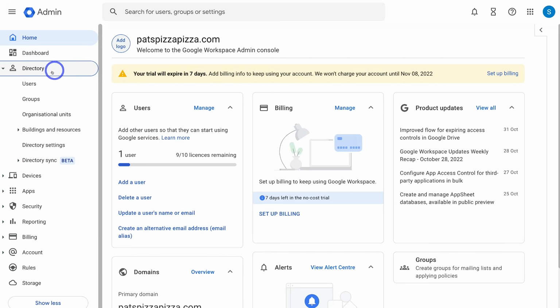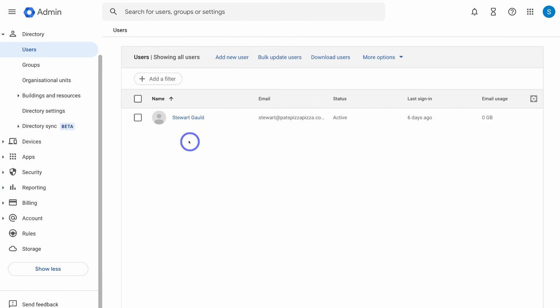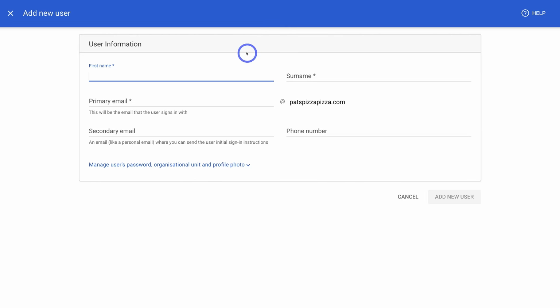under Admin, then come down and click on Users. And under Users, this is where we can add, delete, and manage all our users within Google Workspace. As you can see, we only have one user that we added when we first set up our Google Workspace account. Now to add a new user, simply navigate up to Add New User,